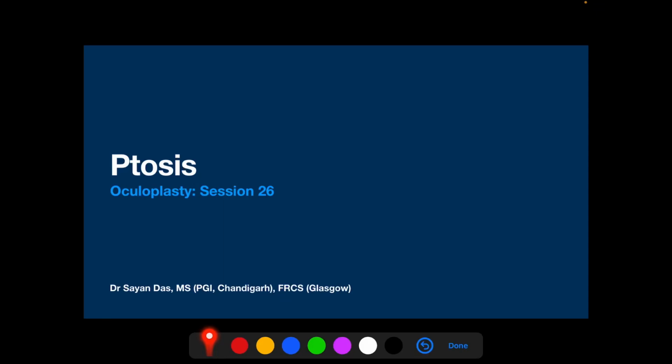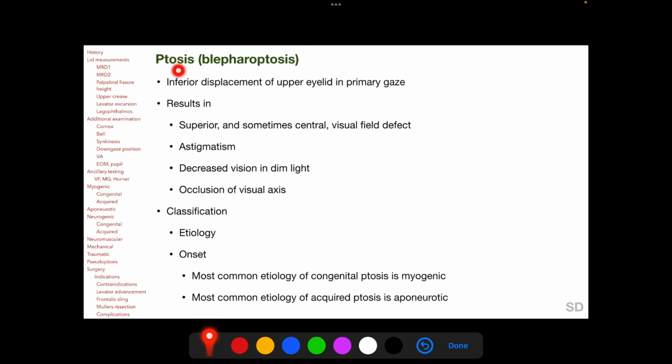Welcome. In this session we are going to discuss ptosis, evaluation for ptosis, the various types of ptosis, and selecting among the treatment options for ptosis. Ptosis, more appropriately called blepharoptosis, is inferior displacement of the upper eyelid in primary gaze, and this results in superior